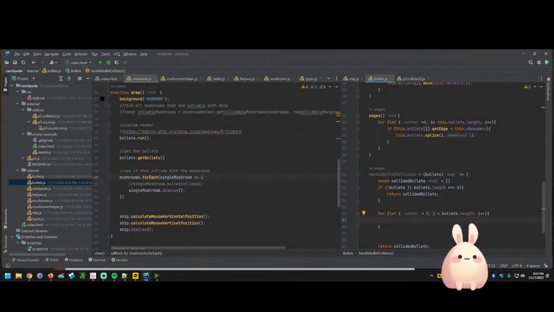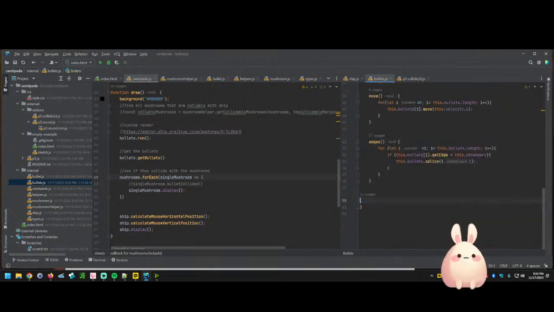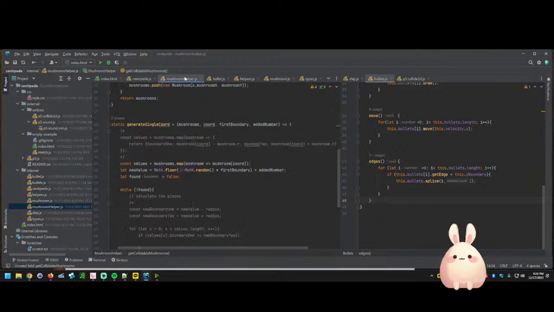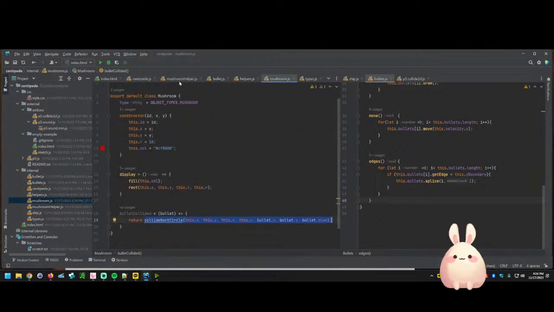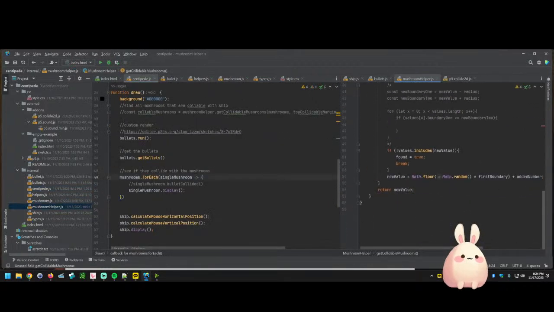we'll go through each of the mushrooms. I should not be in bullets.js. This should be in mushrooms. No wonder. Mushroom helper. Yep, it's supposed to be a mushroom helper. Yeah, so we'll create